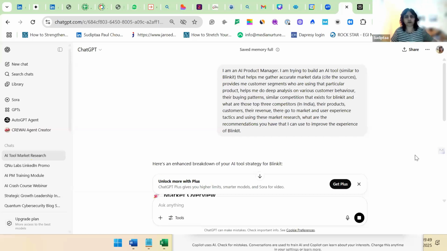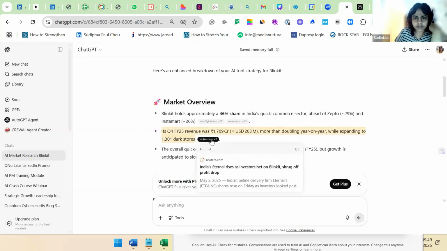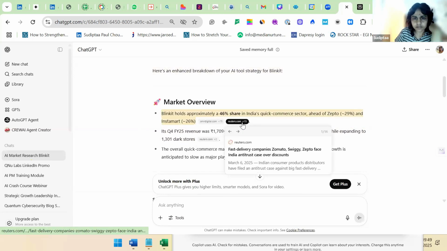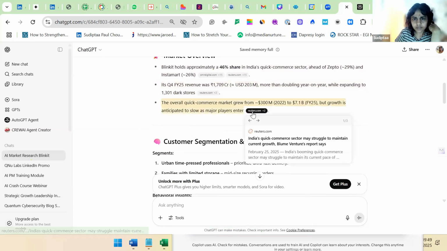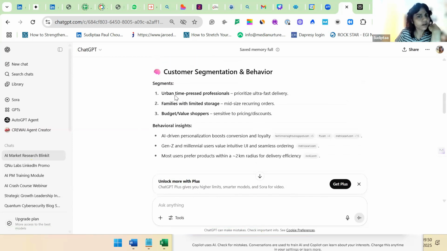And we'll use a similar prompt for Perplexity also. So it's first starting with the AI data for Blinkit, and it has given you sources so that it didn't do the hallucination. When you click, these are the real data sources. Okay, now it is saying the customer segmentation and behavior for Blinkit. It's telling urban families and also the budget and the value. And even we can add on top of this, not just trusting only the AI input.